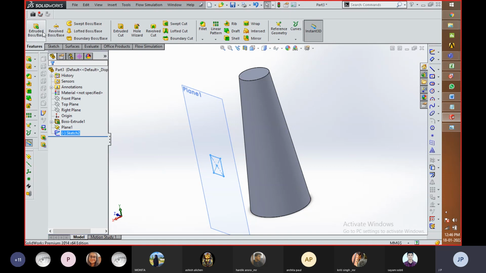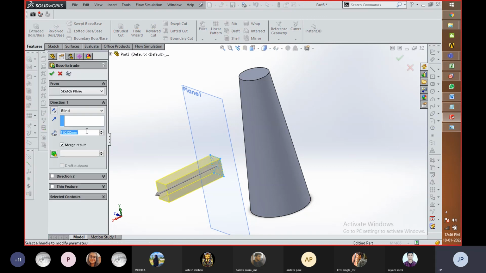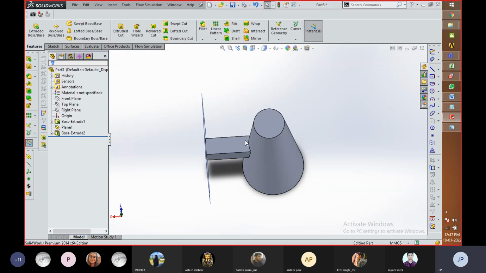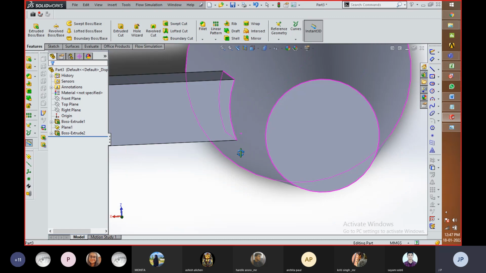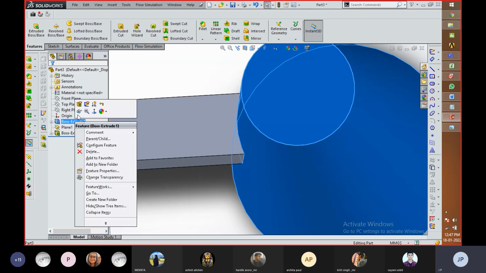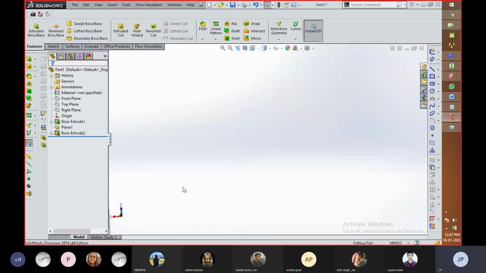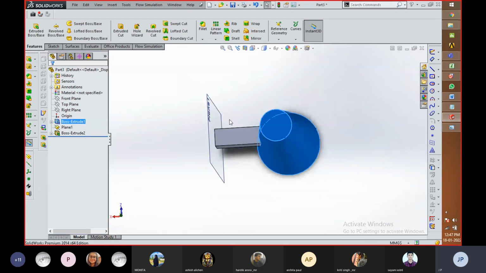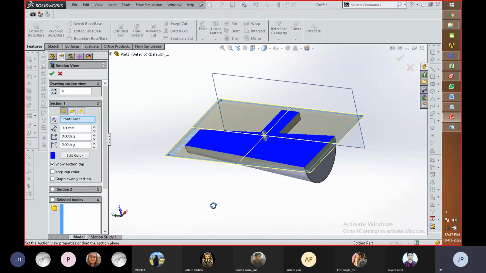So by adding material within that, we need to flip this part. If we add material within this part, we can see that the curvature part is completely merged with the cylinder part, but this is the wrong method. If we hide this part, you can see that there is a parent-child relationship, that's why the complete part is hidden. So I'm going to showcase you one thing. We are going to create a cut section.